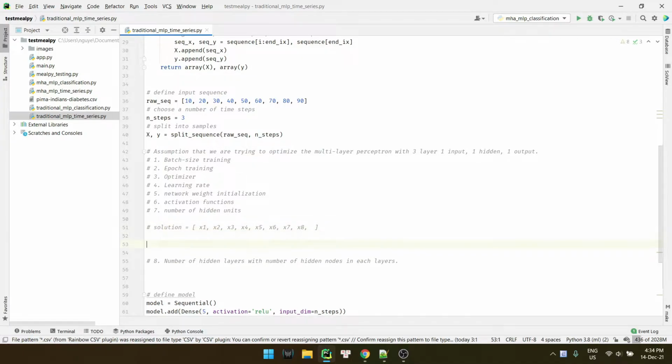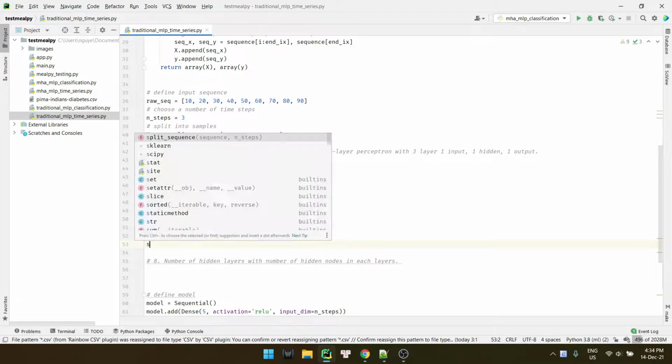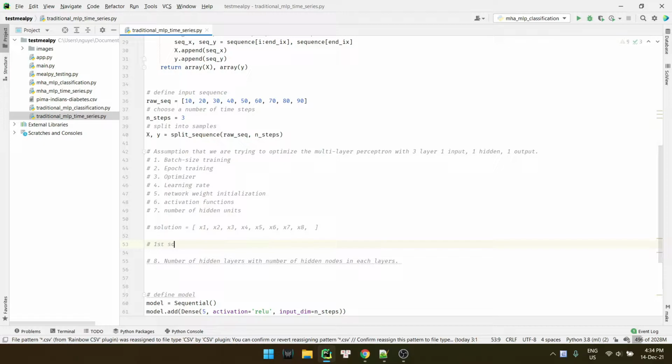Let's just say that for the first solution, we found the best number of hidden layers is 2, right? So we need to find the number of hidden nodes in each layer.